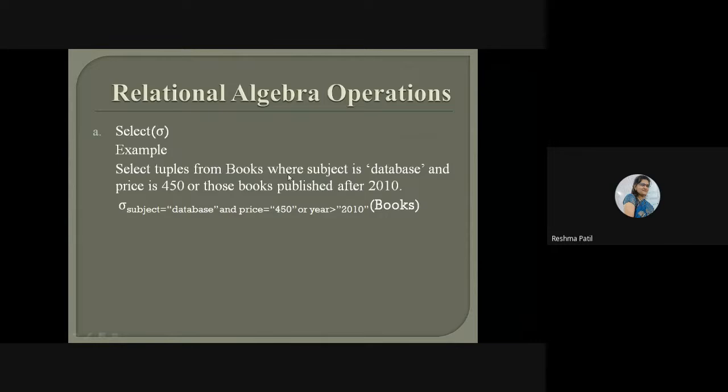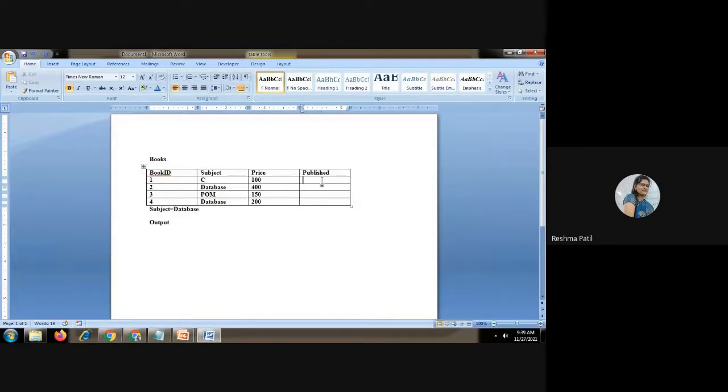So what is our requirement? We have to show the books which are published after 2010. So at least one or two books should be there whose year is above 2010, so it will show some result related to that query. Suppose it is 1999, 2000, then 2014 and 2020.